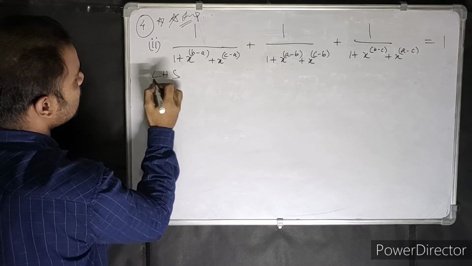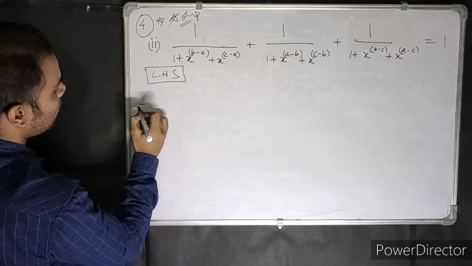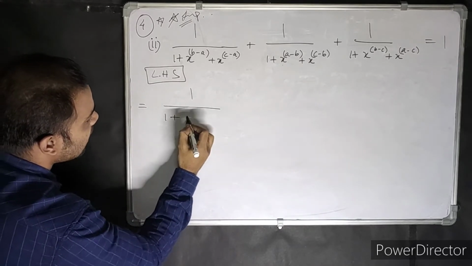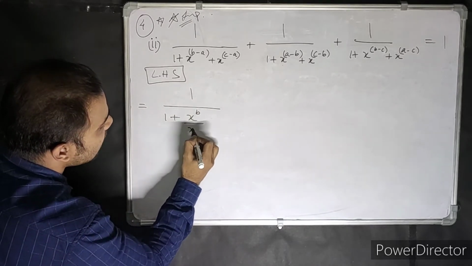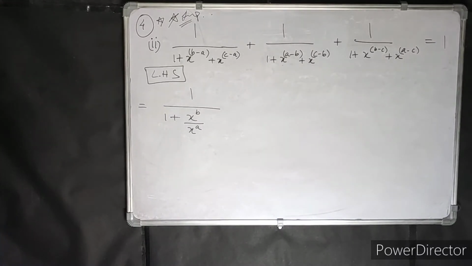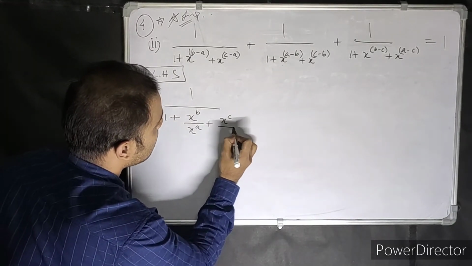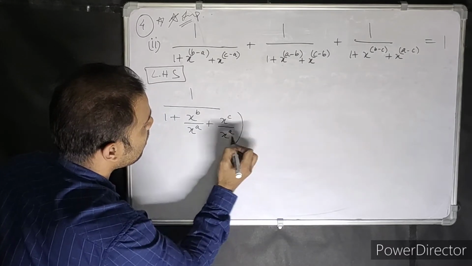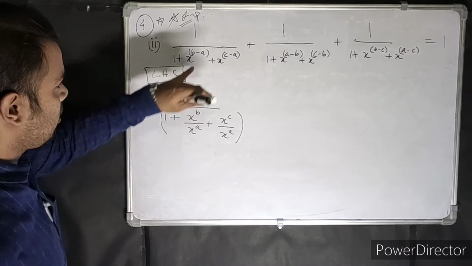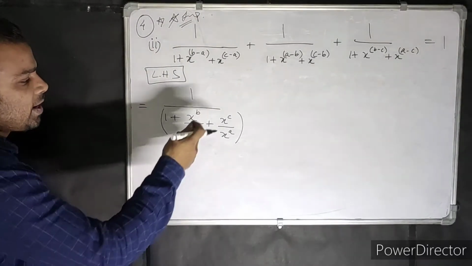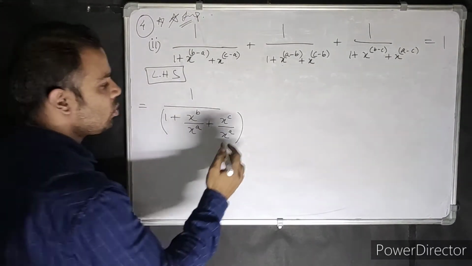Write LHS, and start with the question. X to the power b divided by x to the power a. No more explaining the theorems or the formulas. Now you know what to do. Because that is a negative, that will go down. Again you write another step. You write into 1 by this and all that. You know what to do.